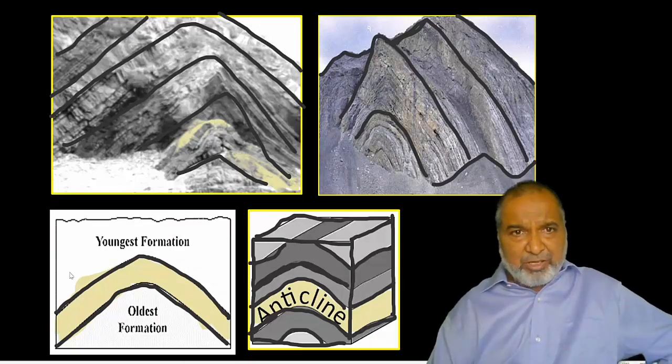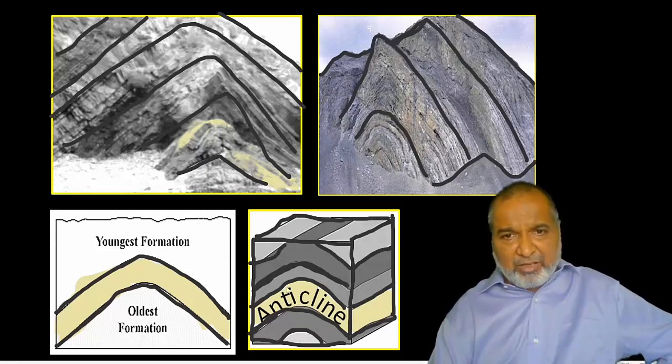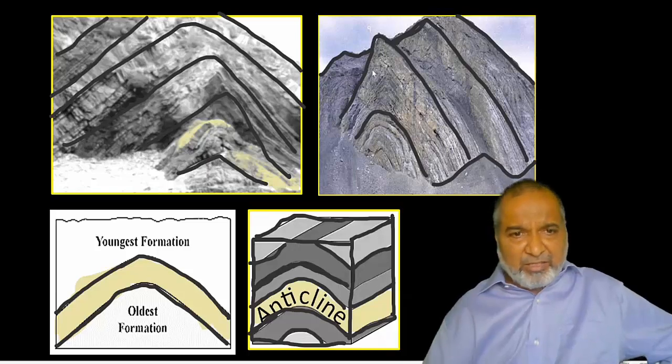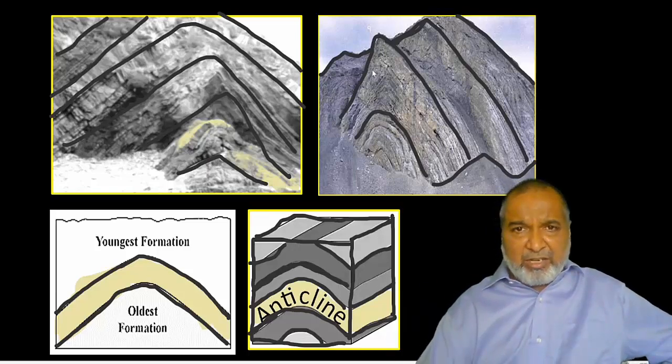Yes, we have been shown the sketches here. What we have, the folds, anticline. Yes, here we have again an anticline. You can see anticline, oldest in the center, youngest at the periphery. The block diagram, anticline, oldest there. The limbs are dipping in the opposite direction. This is very clear. The limbs are very, very clear. It is the crest part, the highest point will be there. I think this is clear now for the anticline.